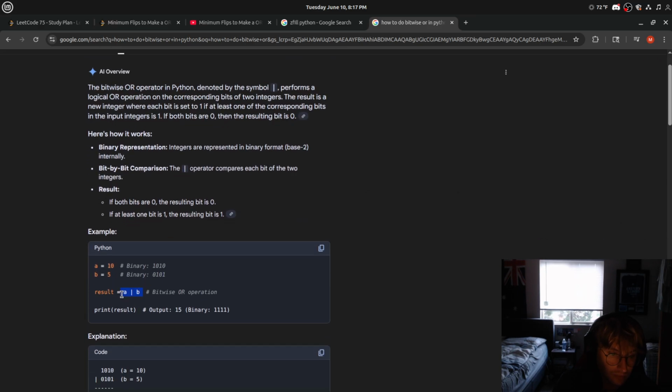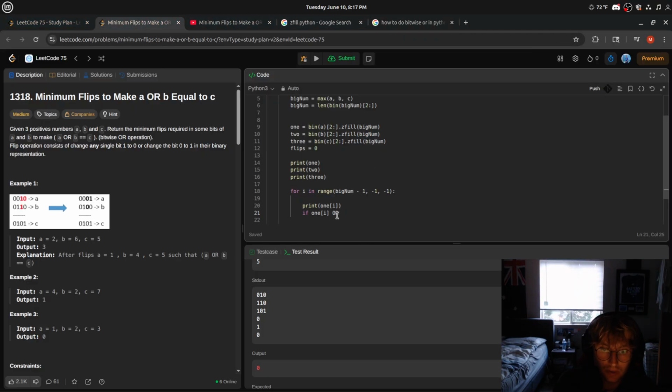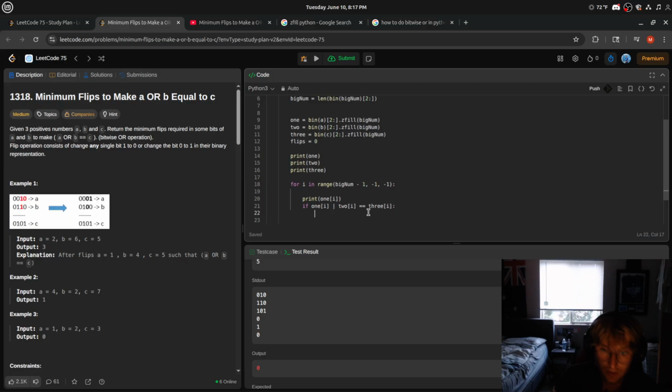So we use the pipe. Okay, so if 1i or 2i is equal to 3i, well, if it doesn't equal this, right, then